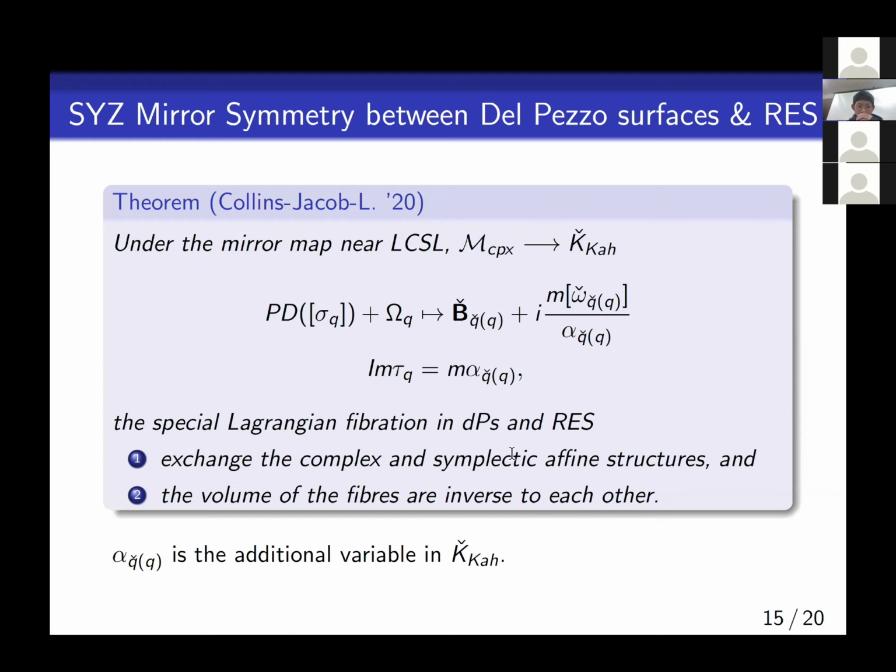Here there are actually some extra parameters in the Kähler moduli, which I don't know how to see in algebraic geometry. There's a weird one additional parameter here. So originally this Kähler moduli is in some sense one dimension larger than that. And so one actually needs to specify